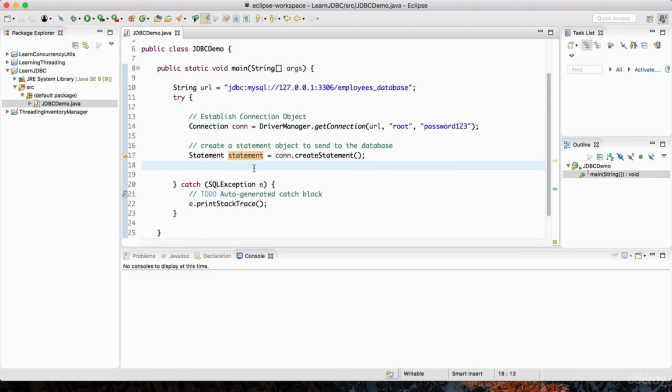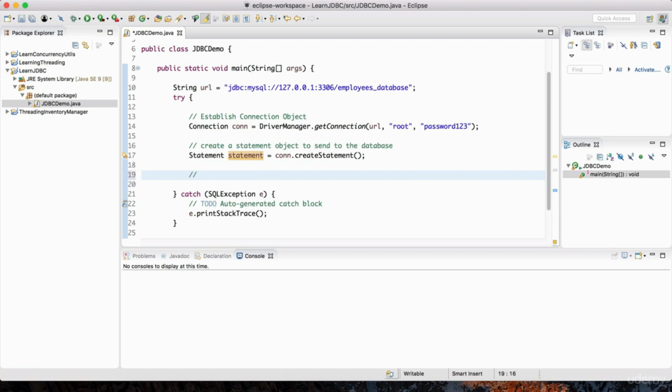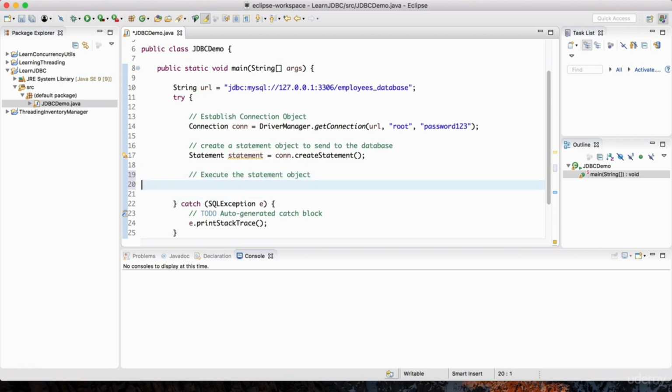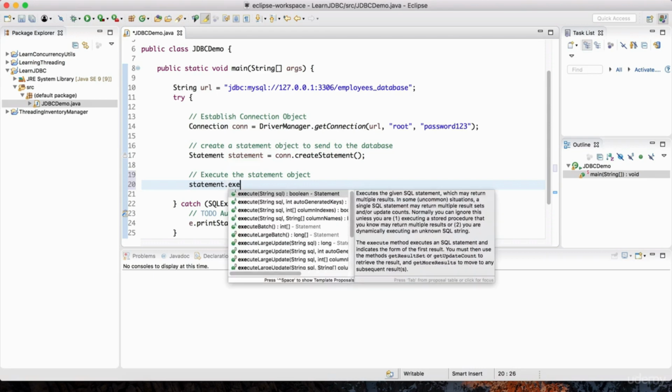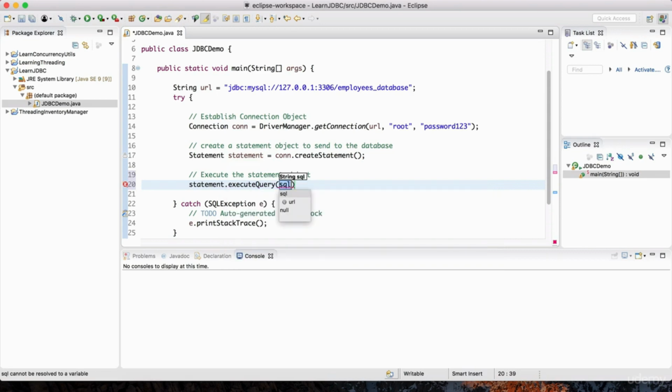So to send the query to the database, we have to execute the statement. So that's what we're going to do here next. Execute the statement object. And we can't just execute it the way we have it here. This is just a blank statement. So we need to populate it with a particular query or some kind of an operation to tell the database what to do. So for that, we could do statement.executeQuery. So we're going to query the database for some data, and we provide that SQL statement in here,